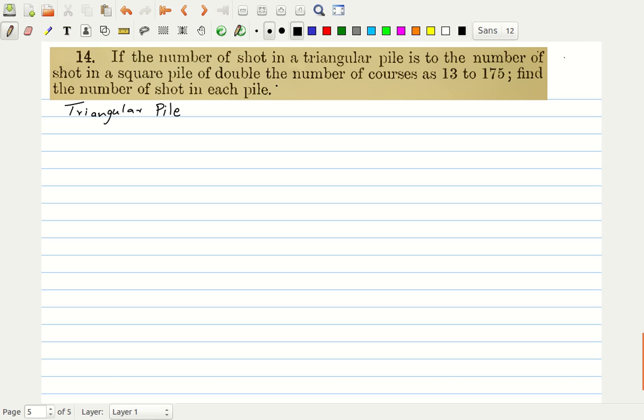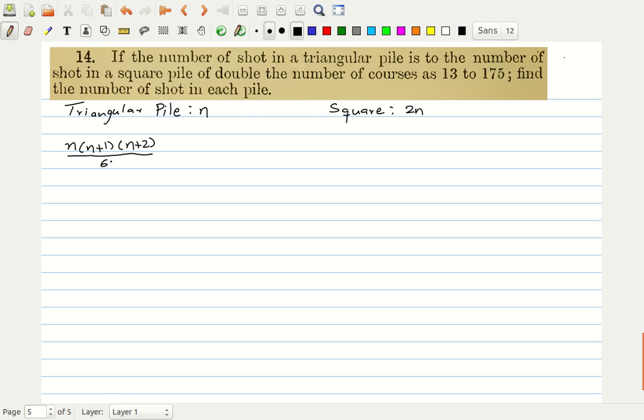Let us say that the number of courses in the triangular pile is n. So we have another pile which is square. This has 2n courses, right? So what is the total number of balls in the triangular pile? We know that it is going to be n times n plus 1 times n plus 2